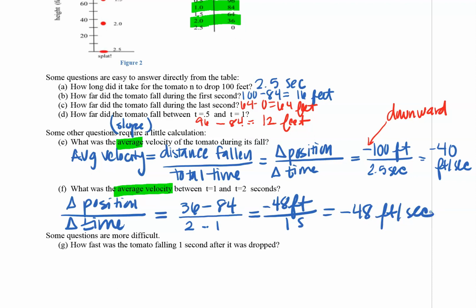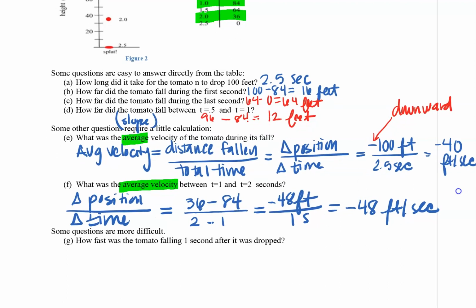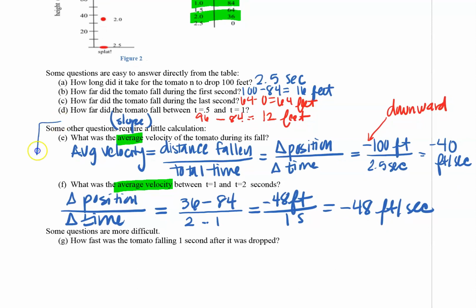So you can see our average over the whole fall was negative 40 feet per second, but the average just between second 1 and 2 was negative 48 feet per second. And you'll notice that in these two questions, we are finding the average between 2 points. This goes back to your linear functions and your slope, your algebra days,